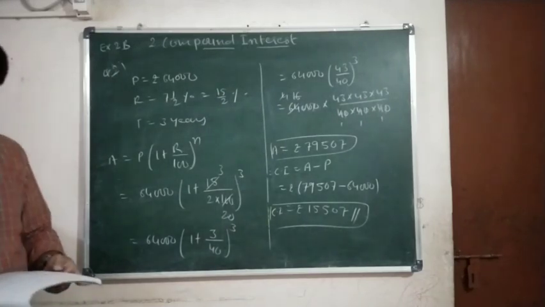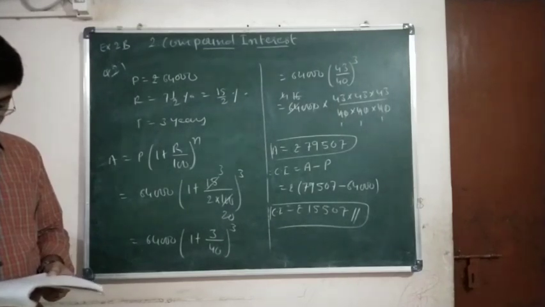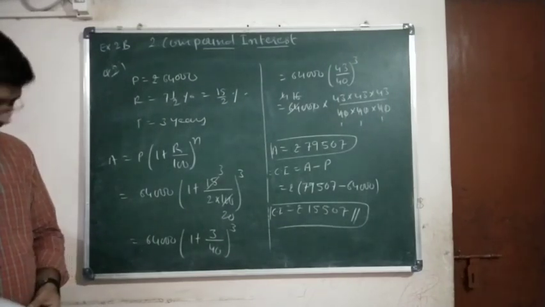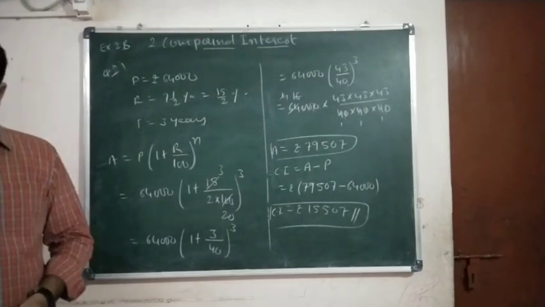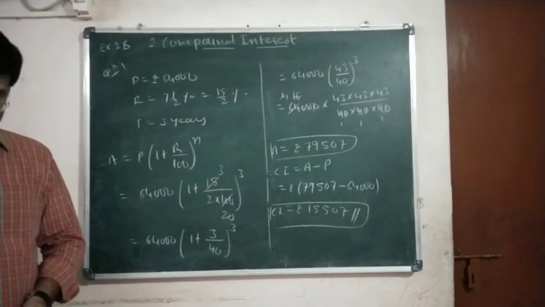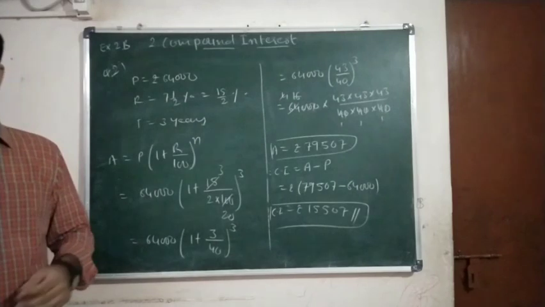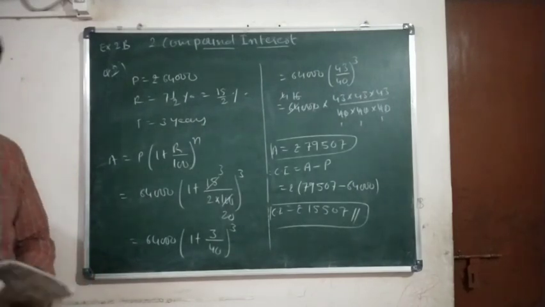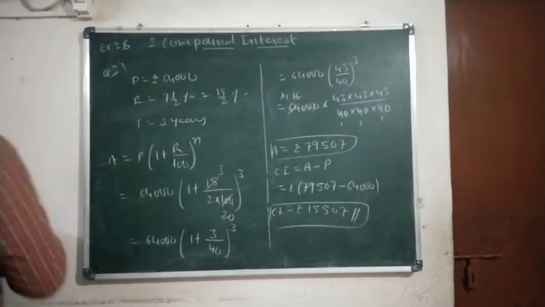So we have completed the second question. Now let us solve the third question using the formula. How much will rupees 12,000 amount to in 2 years at compound interest? The rates of interest for the two successive years are 10% and 11%. You are given different rates of interest for the first and the second year. So we have a formula for that. Let us use the formula.